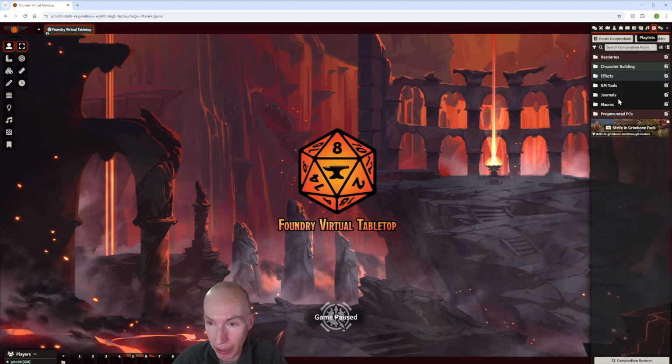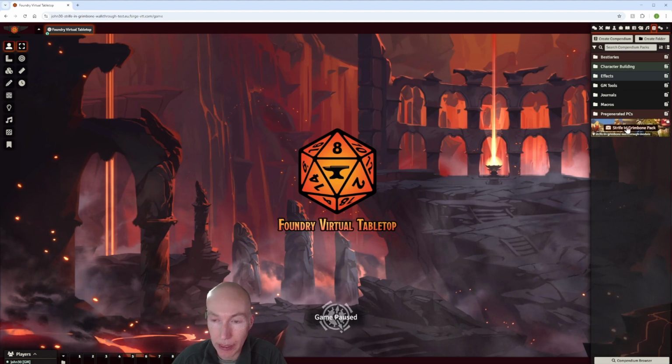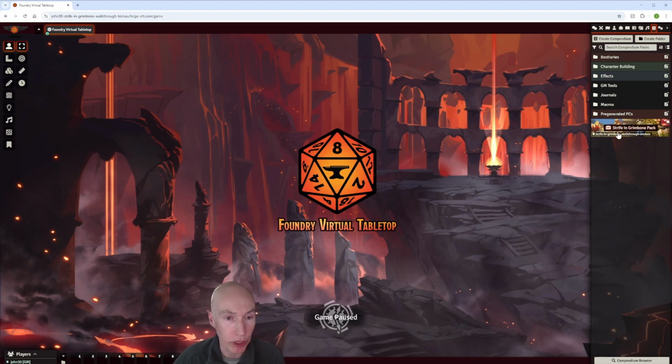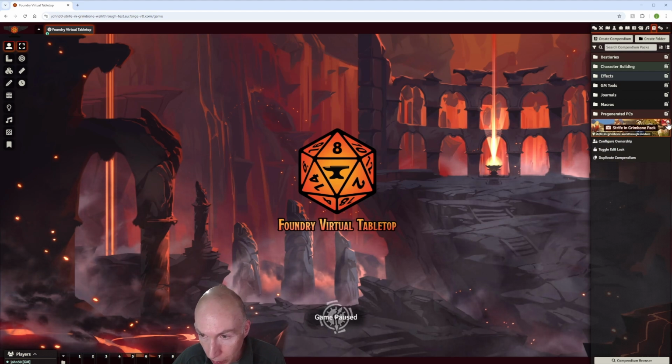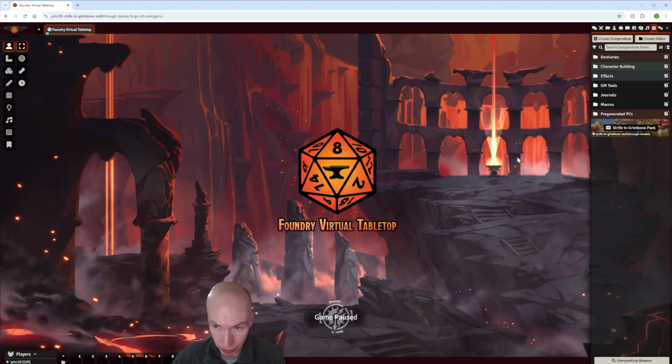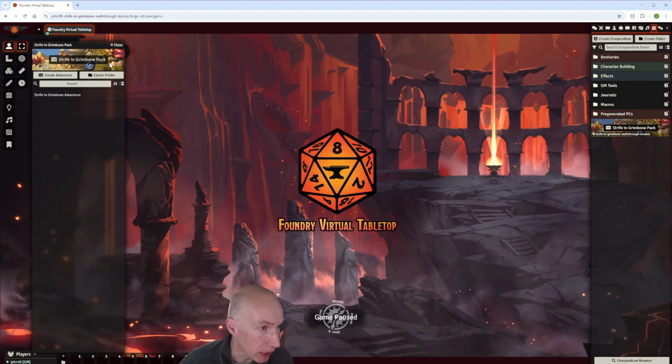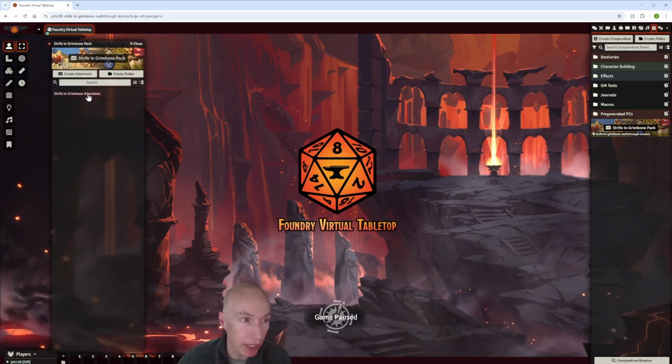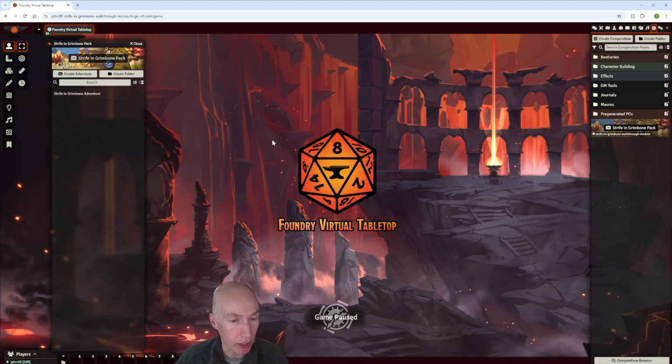In the compendium packs, we now have affiliated the Strife and Grimbone pack. This is the pack that was wrapped up in that module that we just associated with the world. So we right click on this, make sure the edit lock is off. For some reason it gives us a warning, but that's fine. Now when we left click it, we see this. And remember, before we right clicked on that, if we wanted to rebuild an adventure, well, we left click this time. Now after a little pause,